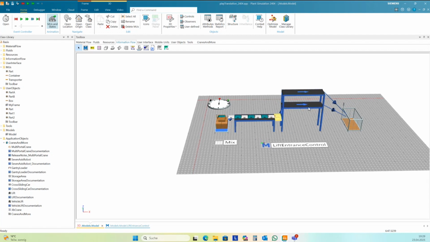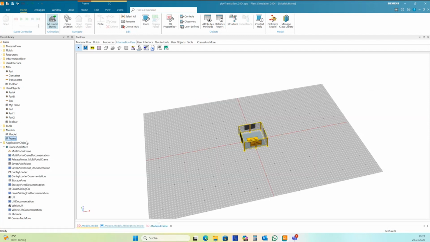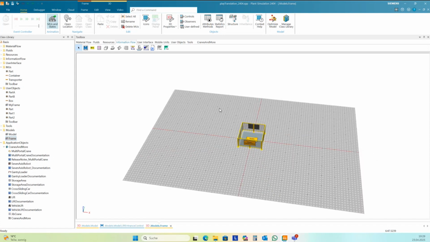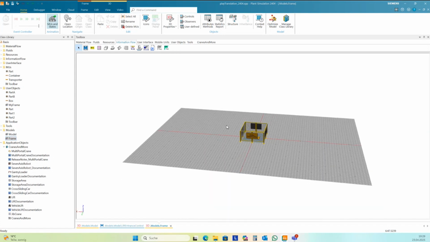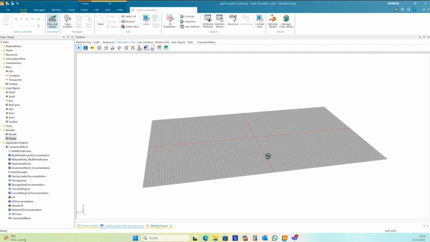In 3D, you can, maybe I can show this. Glass box frame. Okay, delete this. Yes. Then I make.